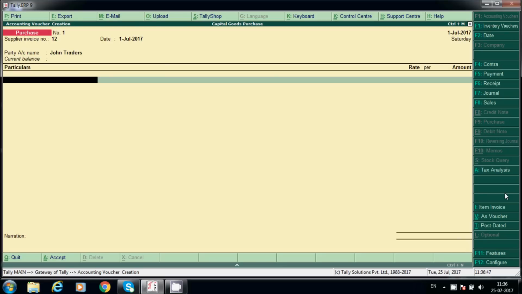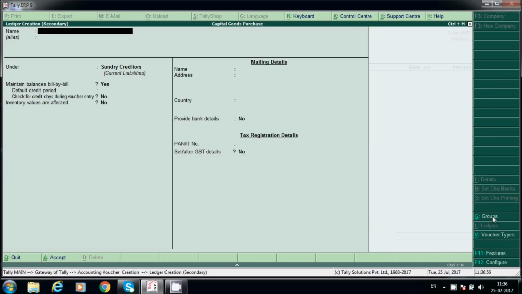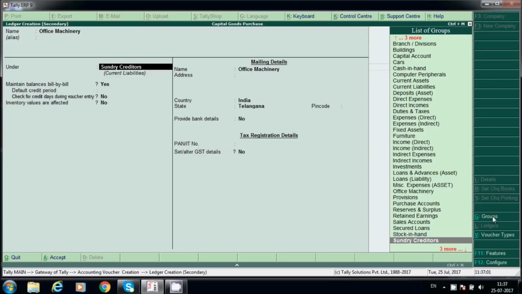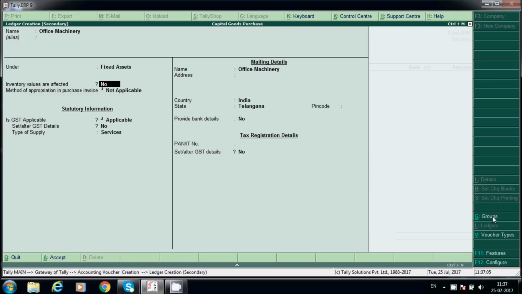Here we have to select voucher, because if you create an asset here, see here, office machinery under fixed assets.